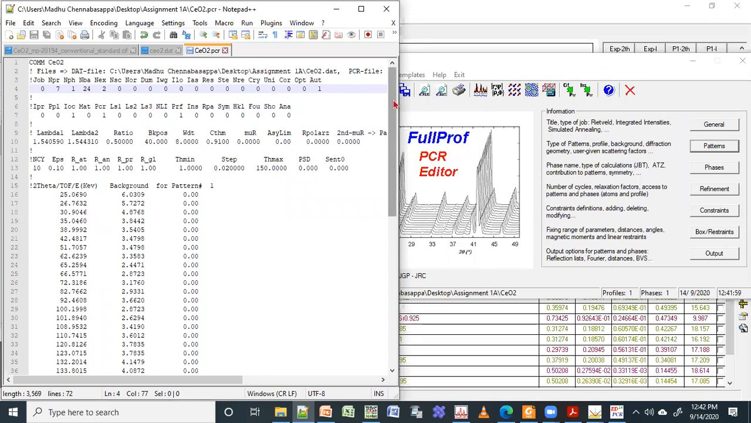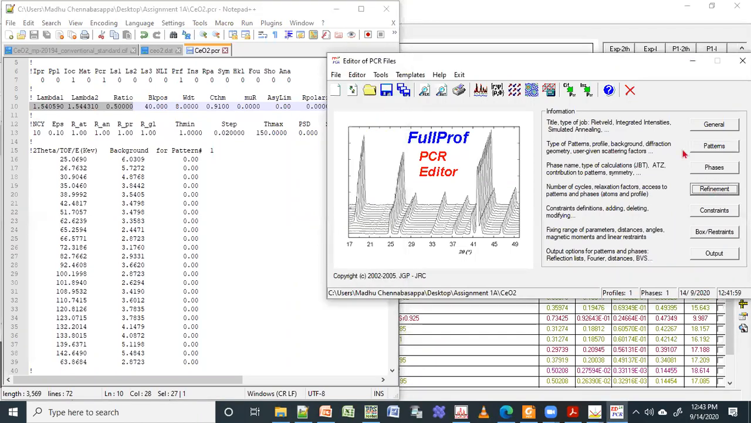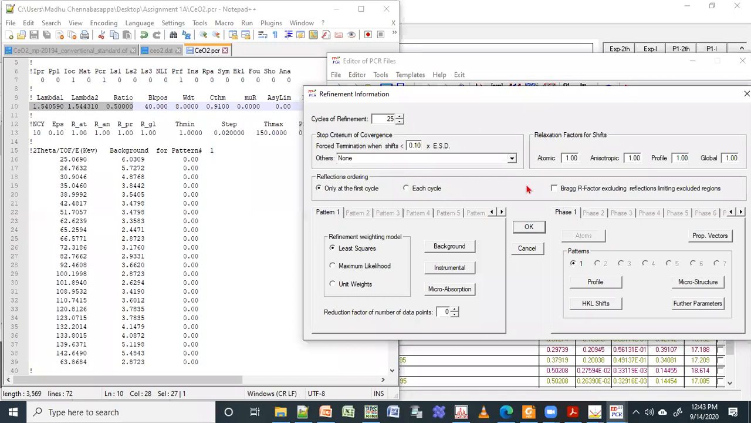Then if you scroll down, there is something called lambda 1, lambda 2. This is your wavelength. This is what you give in the data file. Okay, so if I change it to molybdenum, then this will go to 0.77, something like that. Okay, then number of cycles, right? So if I go into the refinement and change this to 25 cycles,